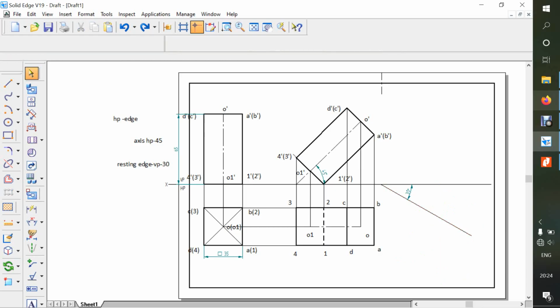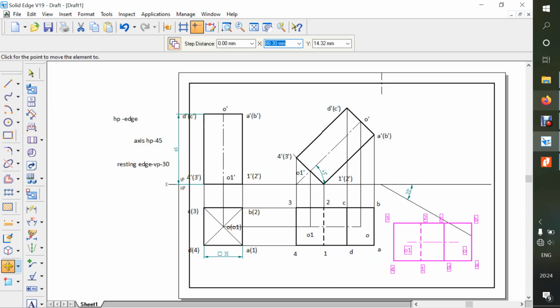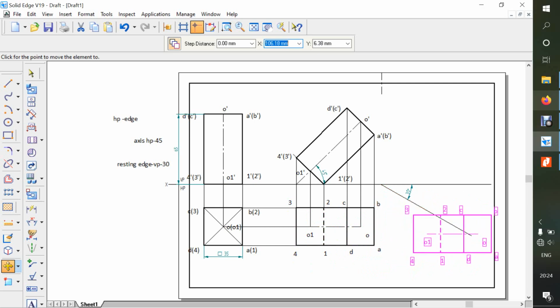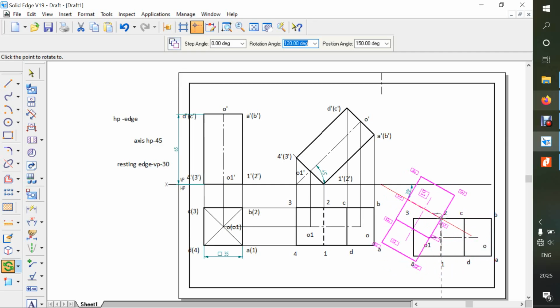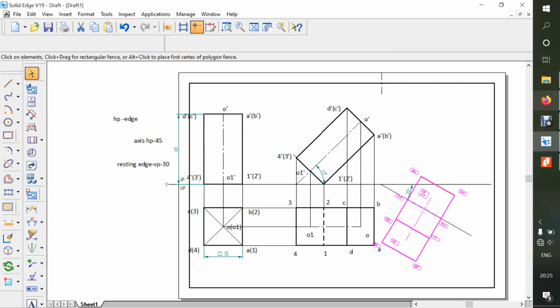So we'll repeat once again. We'll select the square that is in the second position, go to the move command. Okay, copy on, select any one corner, either corner 1 or 2. Okay, so we'll select corner 2, and when you move to the 30 degree line it will show red color. Okay, take it a little bit downward, place it on this one, let it be in pink color, that is selected mode, go to the rotate. Okay, copy off, again the same corner which you placed on the 30 degree line and the one more corner which is on the other side, just place it like this. So when you place it like this, it is crossing the XY line, that should not happen.